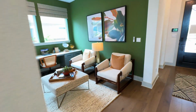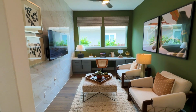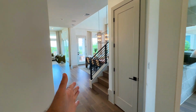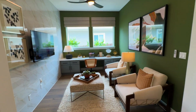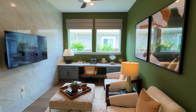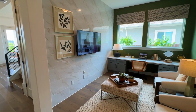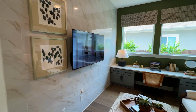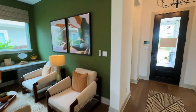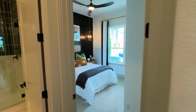And then we have a flex space here. This could be an office. This could actually be a formal dining, and then you could potentially make that into a breakfast area, but typically people would make this into either an office, as you see it right now, or maybe a game room for the kids if they're younger and you want to keep an eye on them. But really nice space. And then we have another bedroom, secondary bedroom here,